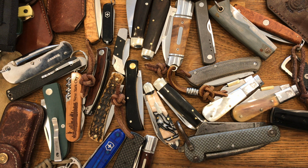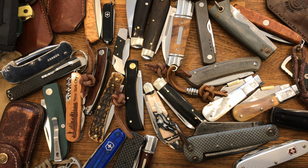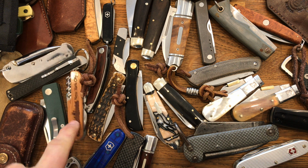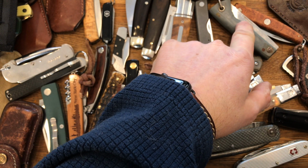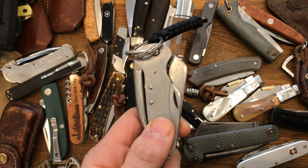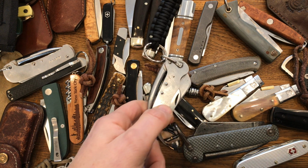I'm not looking to garner any particular praise. I'm not looking to gain anything from any manufacturers. Every knife I show on here is either my own or was given to me. My daughter just brought that back from New York. My little brother gave me that one. He's lent me that. He lent me this, which is a British Army clasp knife, so I could do a comparison between that,